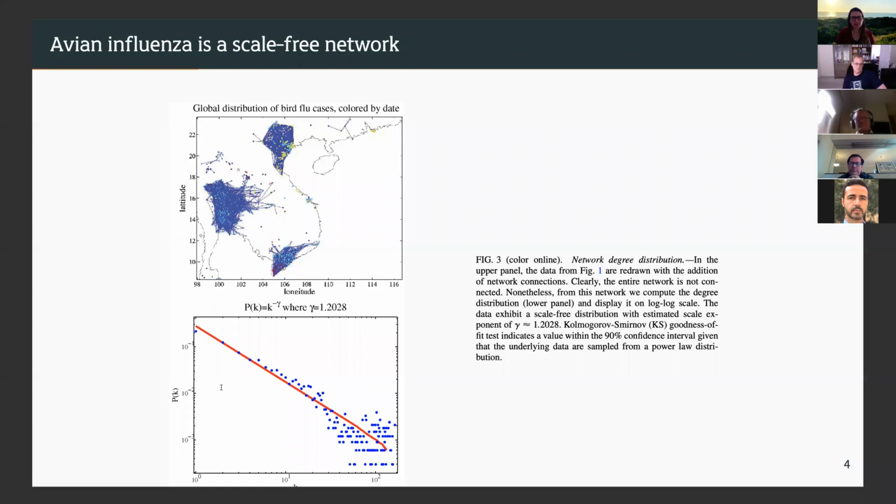That is, the probability of a node having degree k scales on a log-log scale like, at least, a fat red line, if the red line's fat enough. And indeed, the exponent of this is quite small, so it's quite a flat scale-free distribution, meaning there's quite a high probability of outbreaks having a very large number of secondary cases. Now, this is important for what's going to follow when we talk about super spreaders and coronaviruses, and it's important